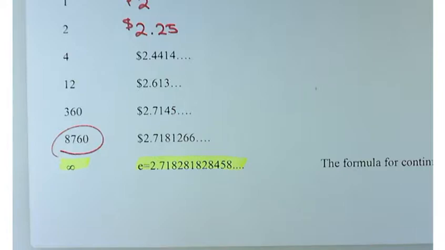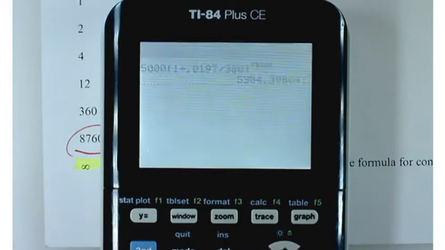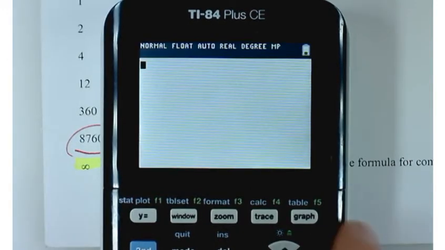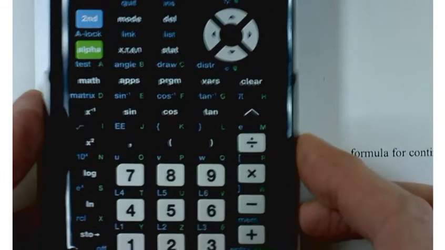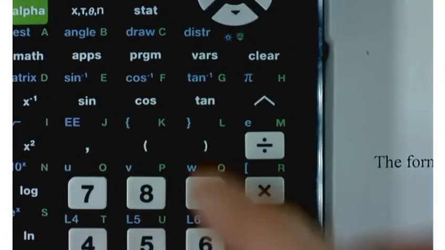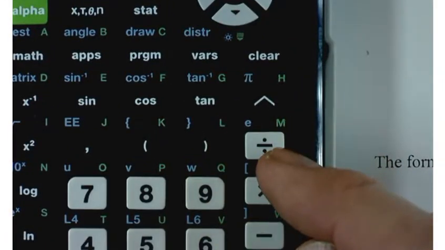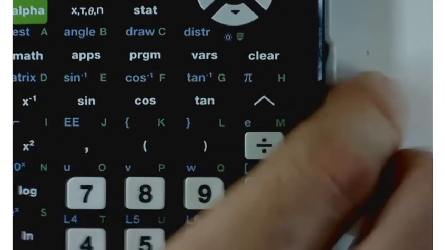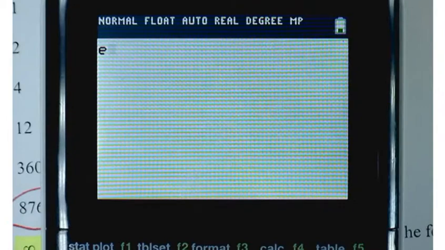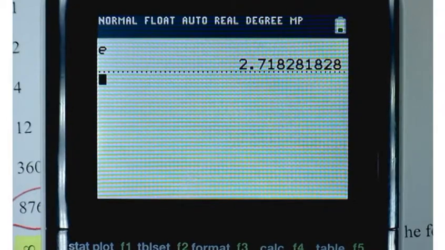And I want you to find that number on your calculator. So e, you can find it in two places, at least on the graphing calculator. On the graphing calculator, you can find it right above the division key. So second, and then e, and you should get something like this. All the digits that I just had up there. Almost all of them. So nice. There's also another place that you can get